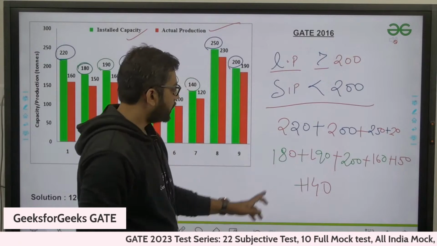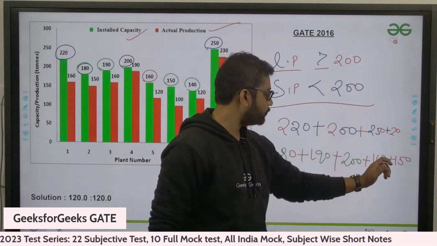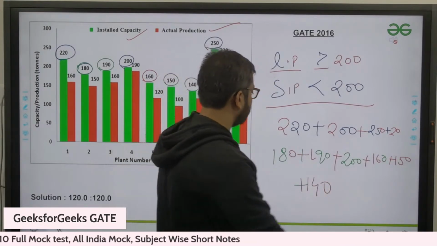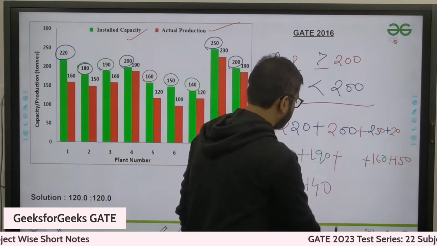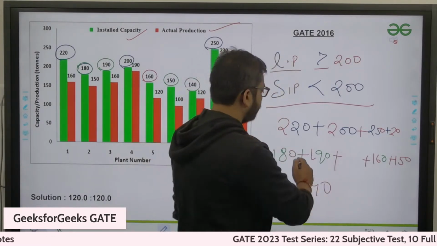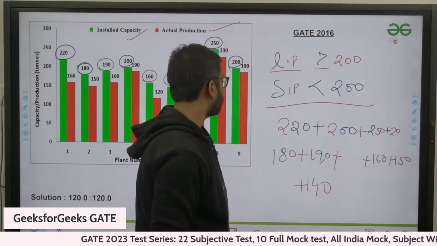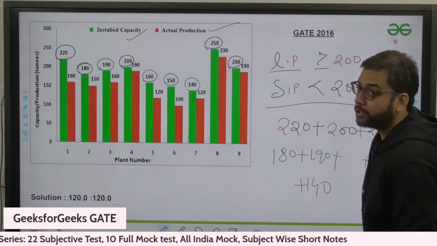Okay, so we have 1 2 3 4 large plant, 1 2 3 4 5 6. Okay, this is our one more thing, this 200 will not be considered. 1 2 3 4 5 is a small plant because the total plant is 9. Now, as per the question, we have to find out which one is a small plant, which one is a